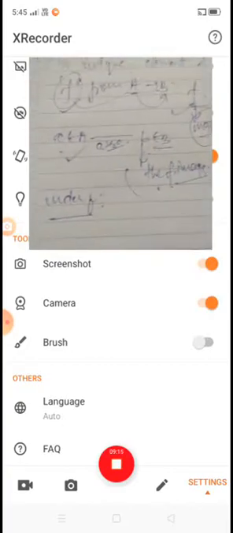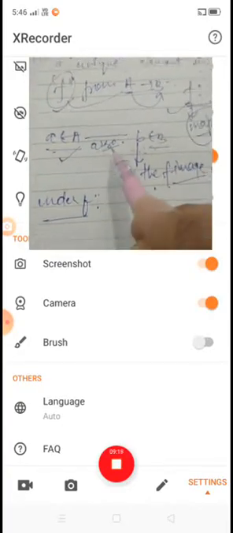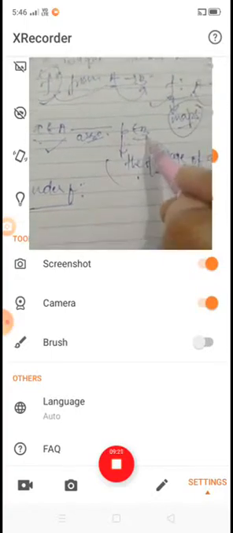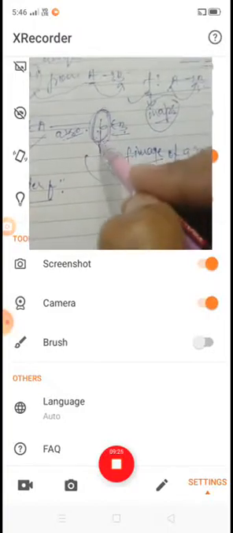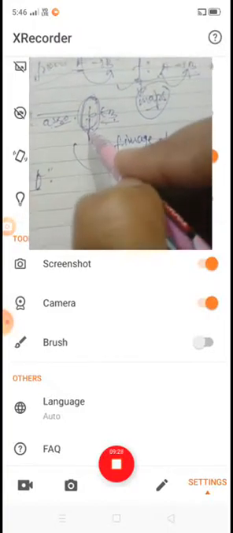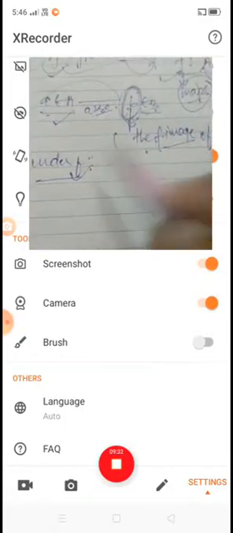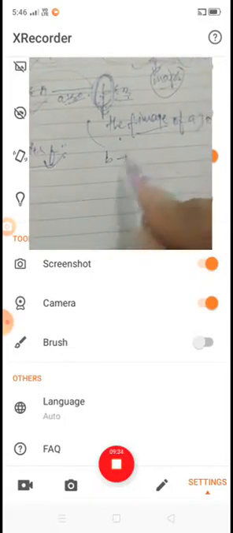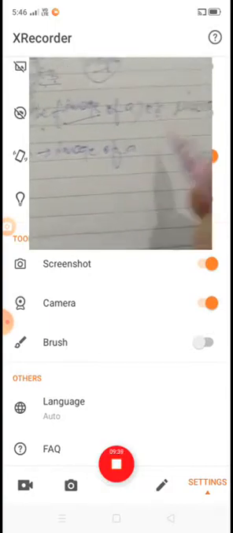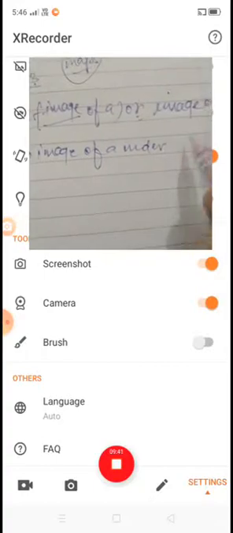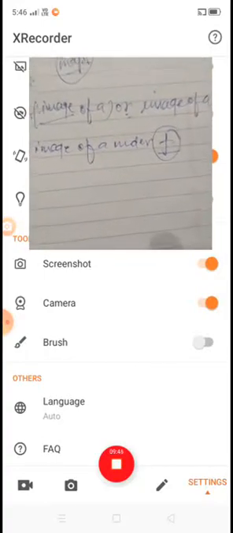Suppose an element a belonging to A is associated to an element b belonging to B, then b is called the image of a under f.